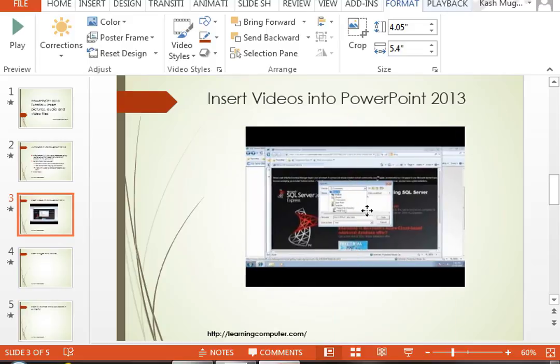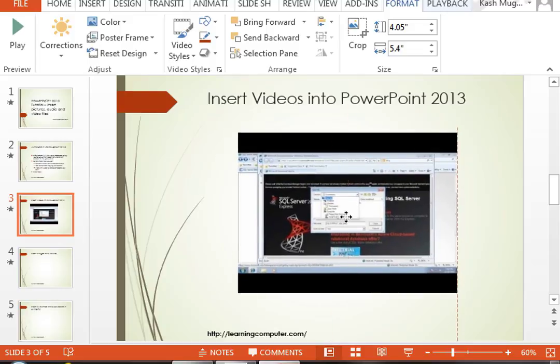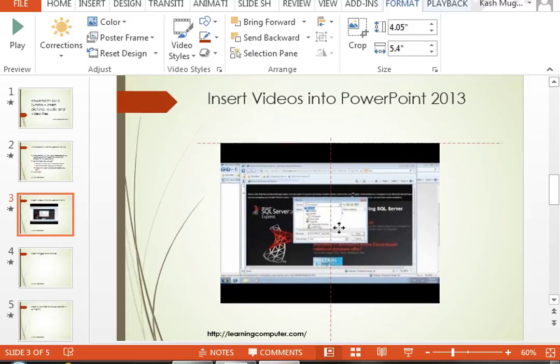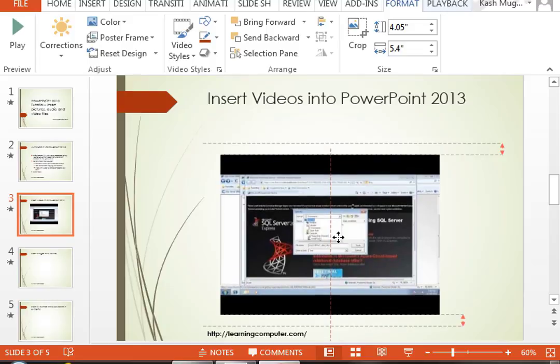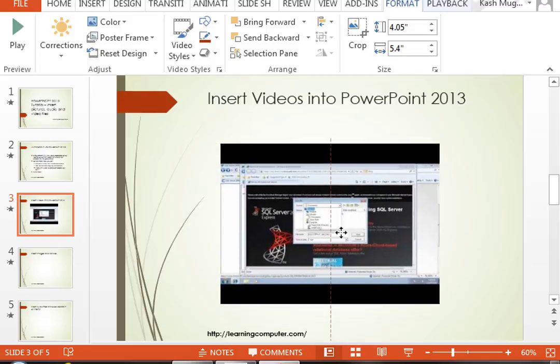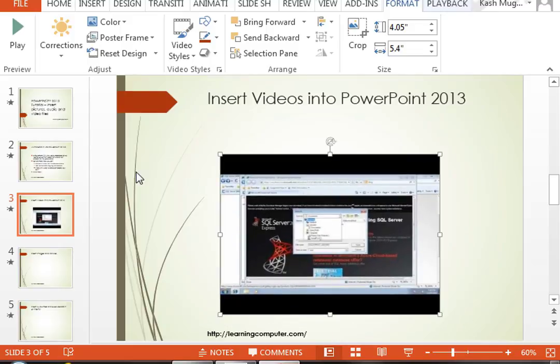So notice I'm over on the right side. If I bring my video straight in the middle, you get these dotted lines, and then it also gives you sizing handles, so you're trying to line everything up. Okay, so that looks pretty good. I'm actually going to go ahead and save it, and then before I go on to the next section, let's go do a little